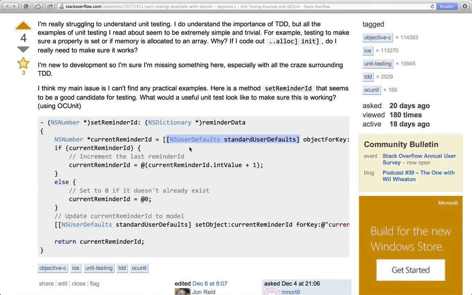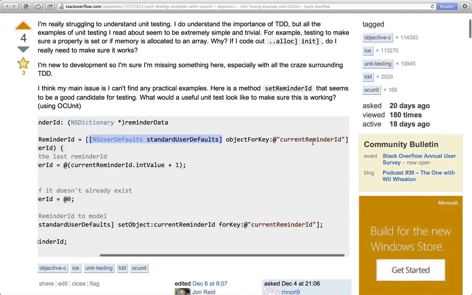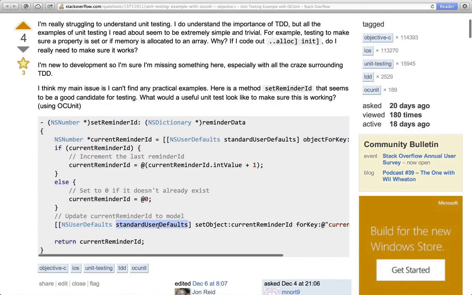Well, you could if you really wanted to, but it'd be kind of a pain because your test would have to sort of save away what was there before, if there was anything, and then after the test restore it so that you wouldn't mess up your manual testing through the simulator. Instead, what you want to do is inject a fake user defaults. That way you can control what's inside of it, what it returns for this top portion, and you can see what's set on it at the bottom to make sure that the right thing was done to it.